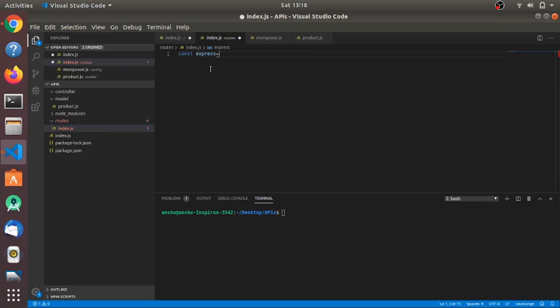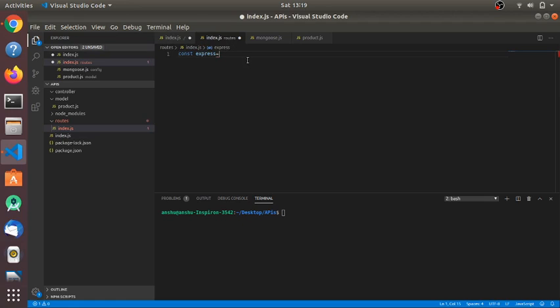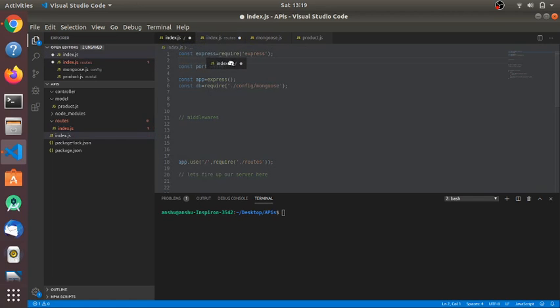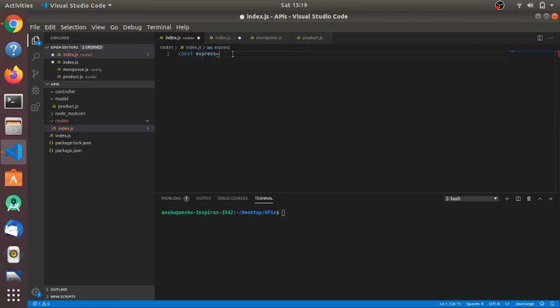See, whenever I am requiring express again in some other files, it does not create another instance of express, right? It just uses that particular instance that I created earlier. So if I have required express here, and I require it somewhere else also, that doesn't mean it creates some other instance of express. It just uses this express only, right? I just wanted you guys to be clear with that fact. So let's just require it,